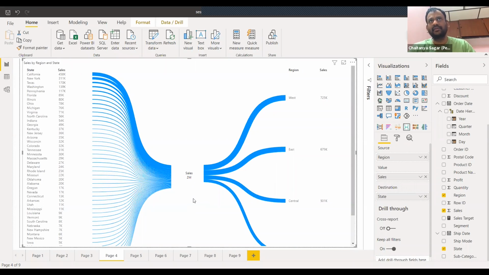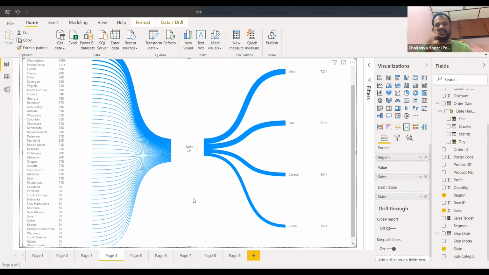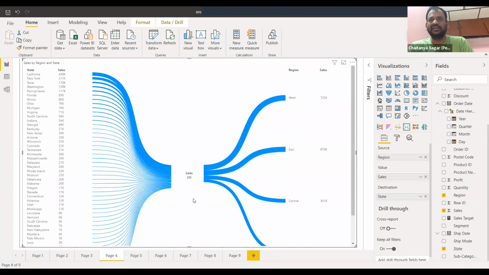An example of this is the web traffic. Let's say there is a certain page that you're trying to analyze, and you're trying to figure out from where the traffic is coming in, and from here where it is going. Okay, I'll give you a quick example of this. Let's say there is a product page. This is similar to Sankey visualization.